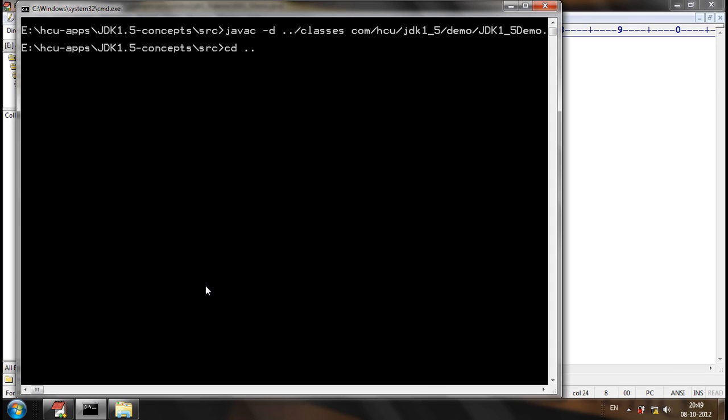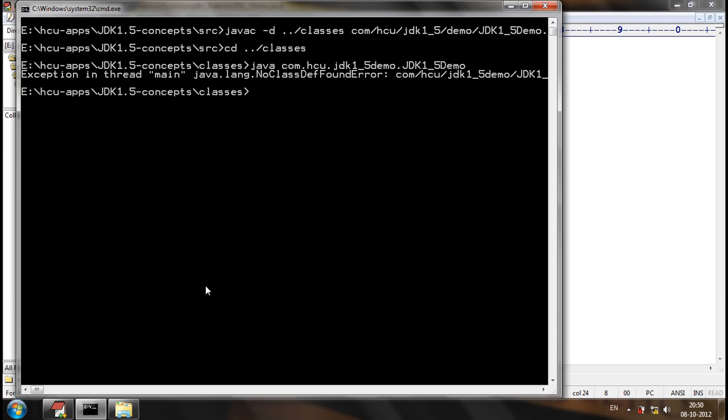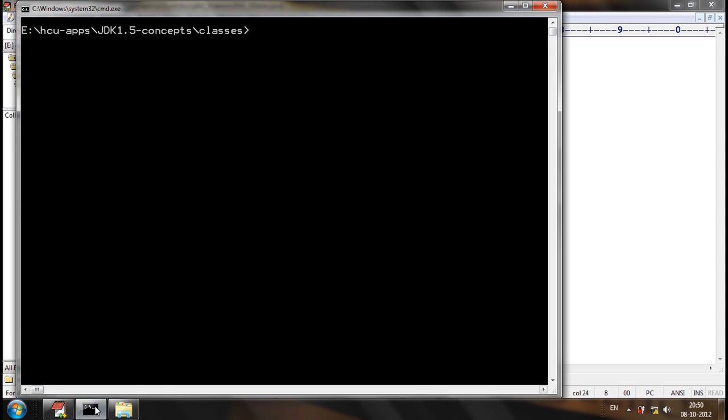Compile, go to the classes, just execute the Java command. So now the application is executed. Now let's see how varargs will work.